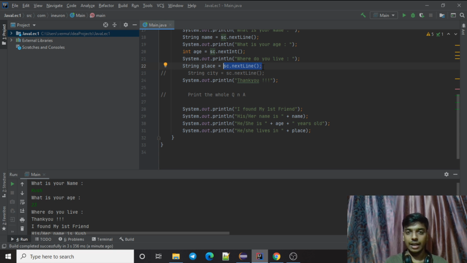That is what sc.nextLine means, but it is not stopping for this. It directly goes to this point and then it prints everything that we have. And because it does not take the input in place, it is not printing anything here. So that is what is happening right now.